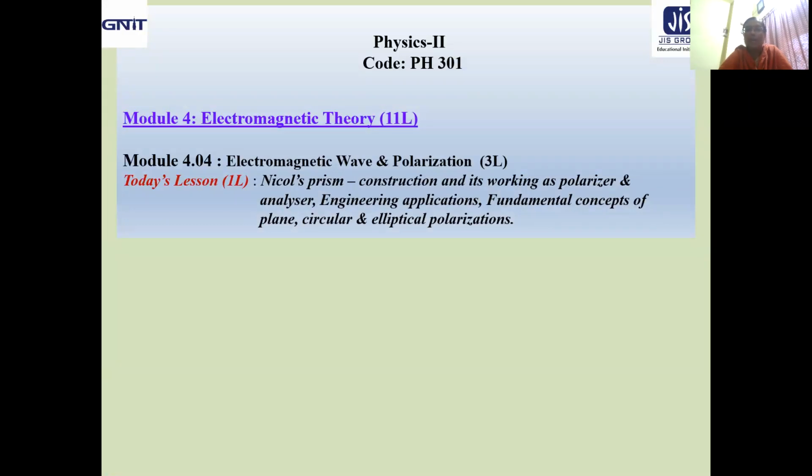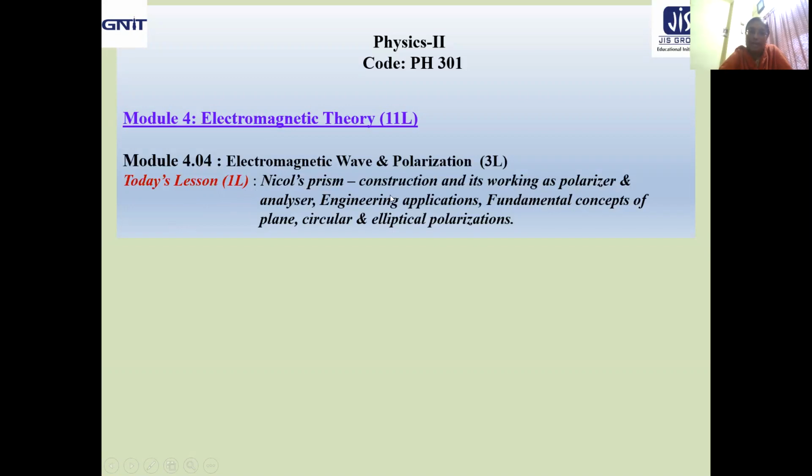You students already know that right now we are in the submodule 4.04 of module electromagnetic theory, and the topic of the submodule 4.04 is electromagnetic wave and polarization, where 3 lectures are allocated. Today's lecture session is the third lecture here, where I will discuss the Nichols prism, its construction and its working